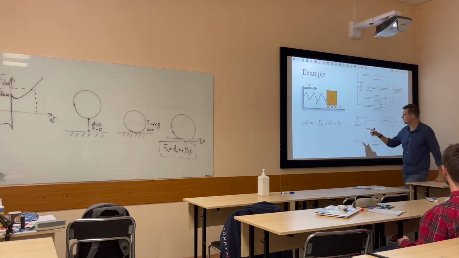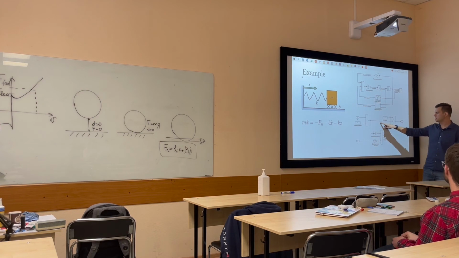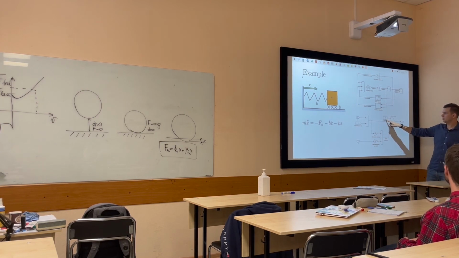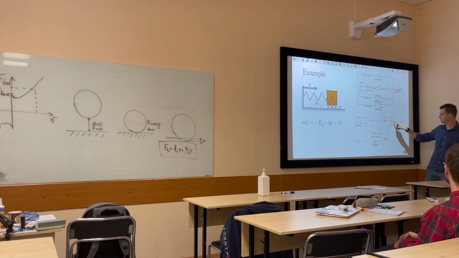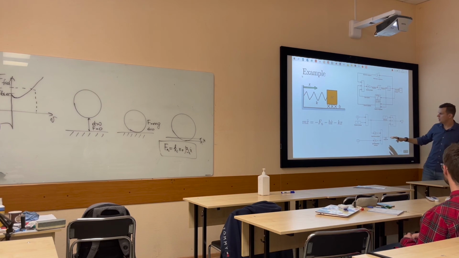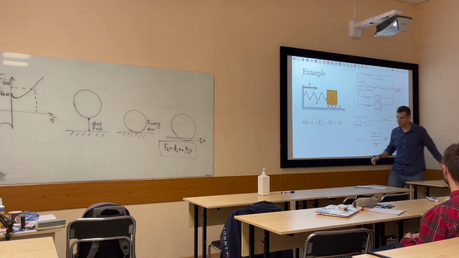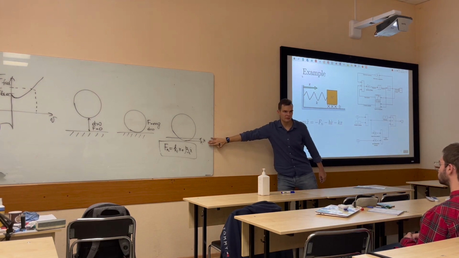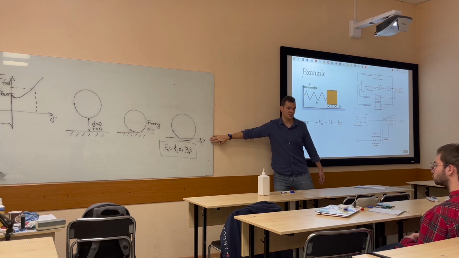So the idea is that if x is greater than 0, then the force of interaction equals 0. So if it holds, then this goes there. But if the position is lower than 0, if there is a penetration, if the position is negative,